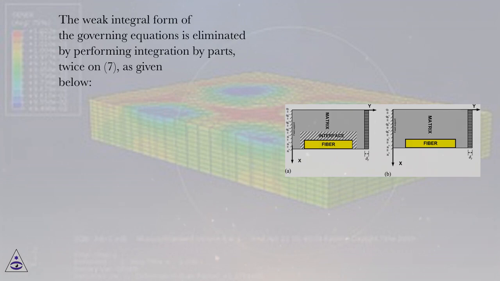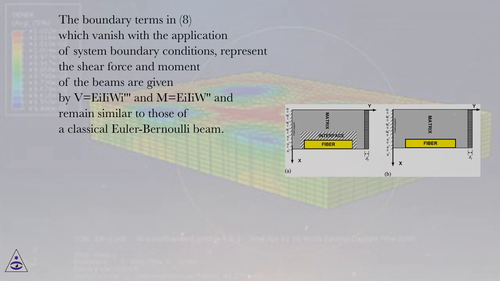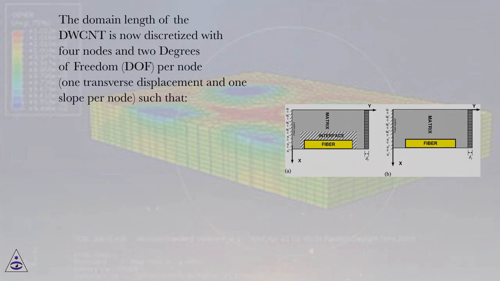The weak integral form of the governing equations is obtained by performing integration by parts, twice on 7, as given below. The boundary terms in 8, which vanish with the application of system boundary conditions, represent the shear force and moment of the beams, given by V equals A2y and M equals A, and remain similar to those of a classical Euler-Bernoulli beam. The domain length of the DWCNT is now discretized with 4 nodes and 2 degrees of